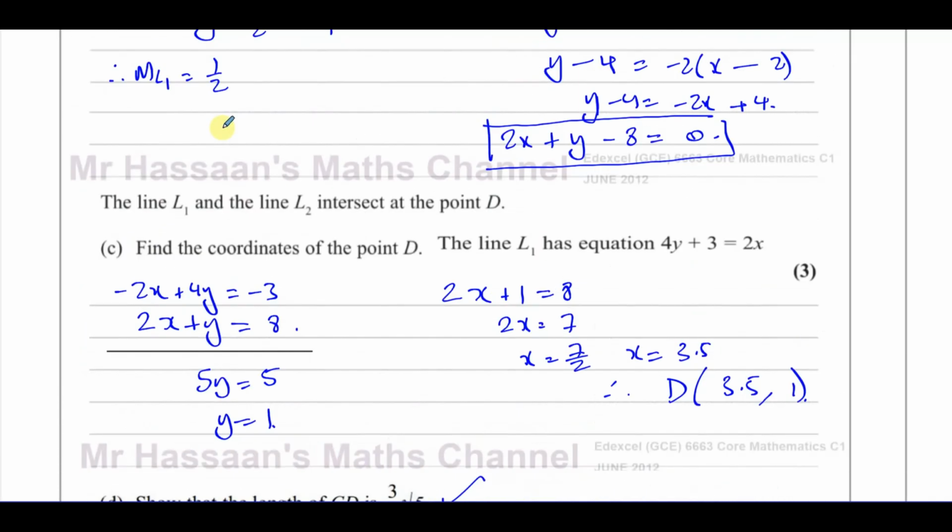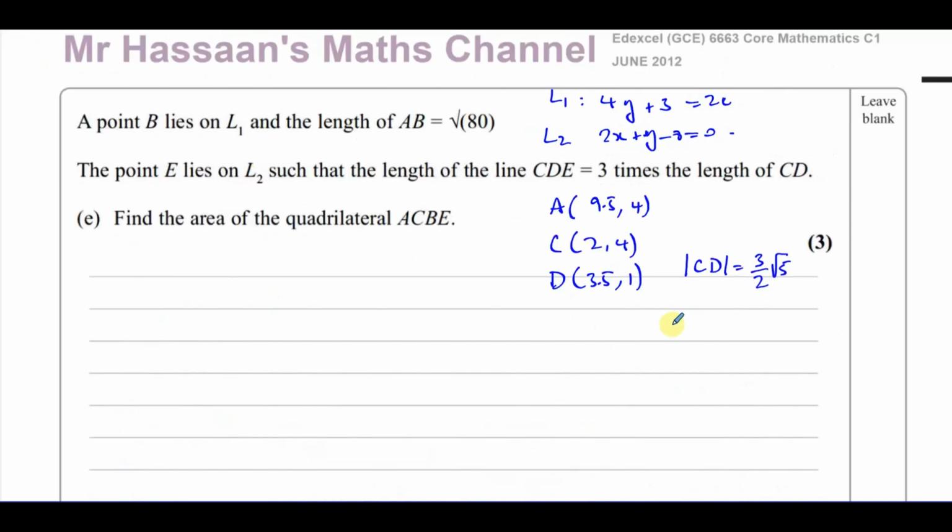And now we're going to go to part E, which is, I think, the question that the student who asked me this question was really having problems with. This is a bit of a tough one, to be honest, but we have to just keep our head straight and, you know,